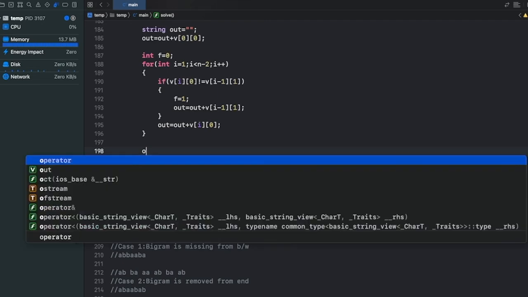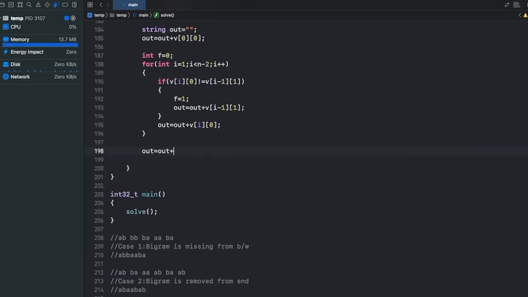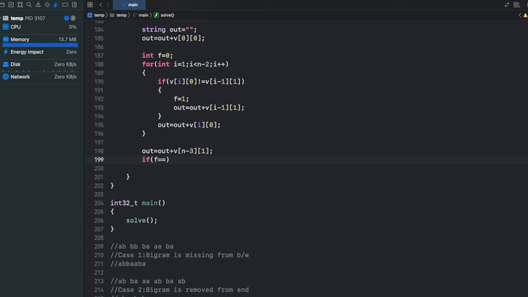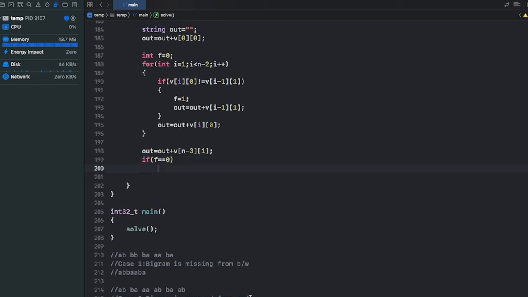Now at the end we'll add the last character, which is not added until now. Now if f is equal to 0, which means a bigram is missing from the end, we can add any particular character at the end.